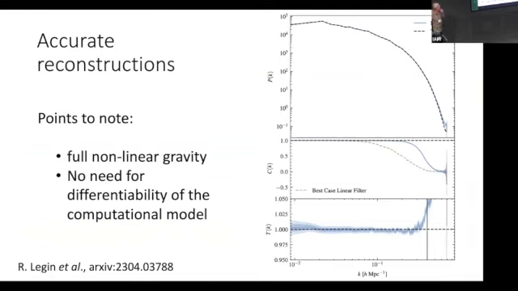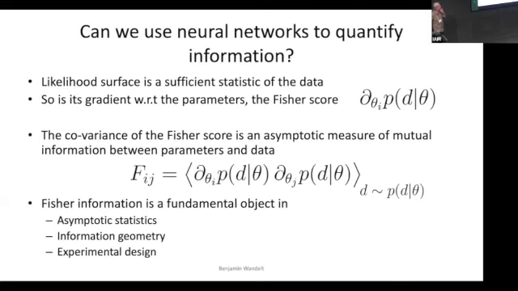Okay, all right, so here's the measure for the accuracy of the reconstructions. This shows the spatial power spectrum. It gets reconstructed extremely accurately. It does much better than the best case linear filter that you could apply to this problem. The plot down there is just a zoomed in version of the top plot, showing that it's very, very accurate down to the Nyquist scale of this problem. All right, given the time, I'm probably going to have to go very quickly over this.